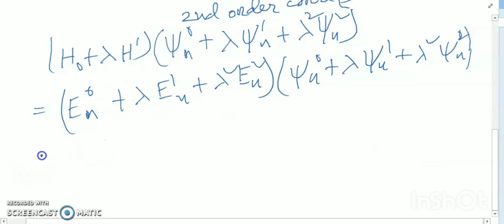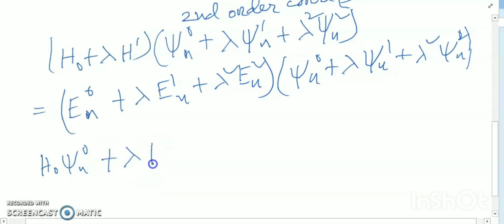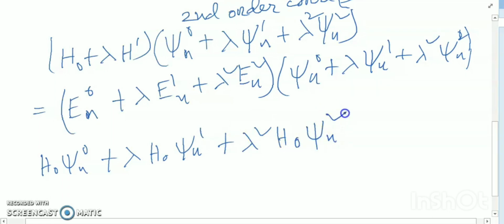So what I get: H0 psi n0, where psi n0 and E n0 are the unperturbed Hamiltonian and unperturbed wave functions, plus lambda H0 psi n1 plus lambda squared H0 psi n2, plus lambda H1 psi n0 equals to